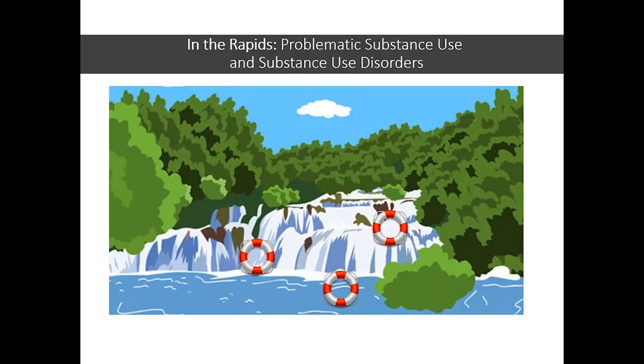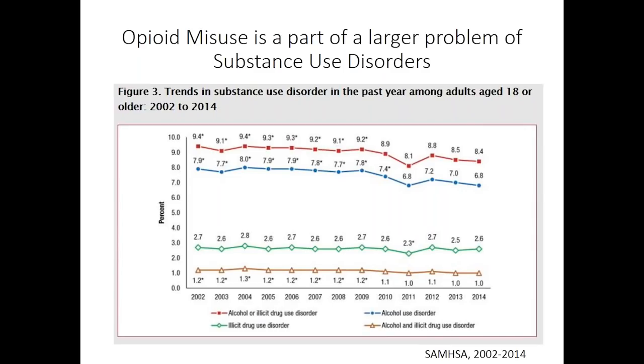Now if we look at the rapids, where somebody already has a substance use disorder, when people are in the rapids, we are just trying to keep them afloat. We just don't want to lose them during this time. Believe it or not, while we have seen this huge uptick in the number of people dying, we haven't seen a huge uptick in the number of people with a substance use disorder. It has remained relatively stable over the years. That's partly because substance use disorders are connected to one another. What people are using right now may or may not be what people are using in 5 or 10 years. So when people are in the rapids, we have to be prepared to act quickly to meet the changing needs.